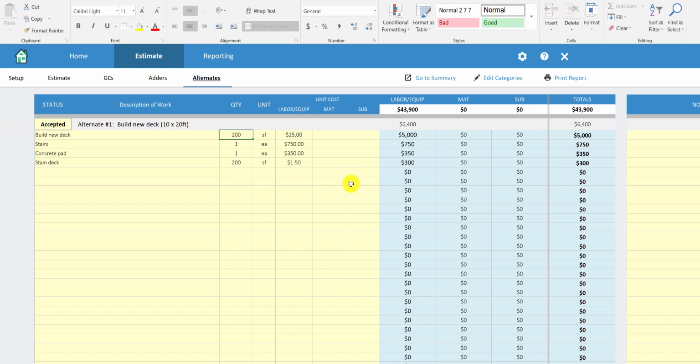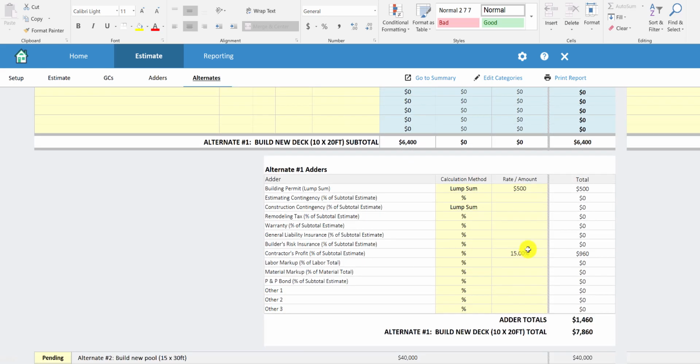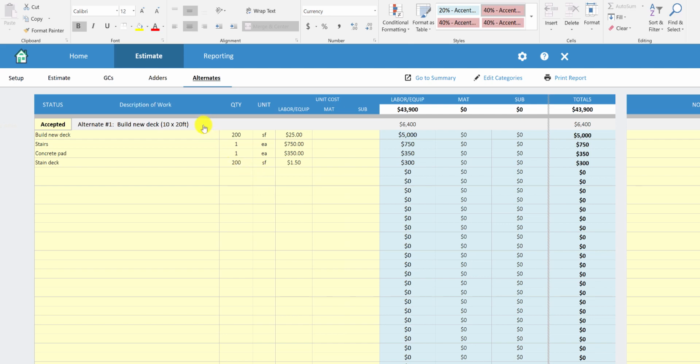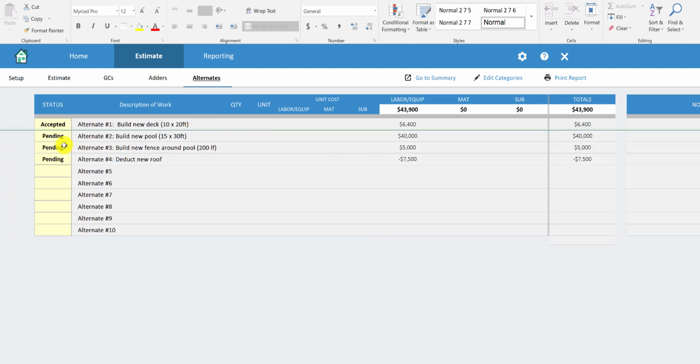So that's all of your detailed information, but then you can also build in your adders. So if you want to make some additional profit on this, you can build that in here as well. So now our base estimate for this was $6,400, but with our additional $1,000 in profit, it's around $7,800 for this alternate. So this can be a good way for you to manage all of your alternates on the project,